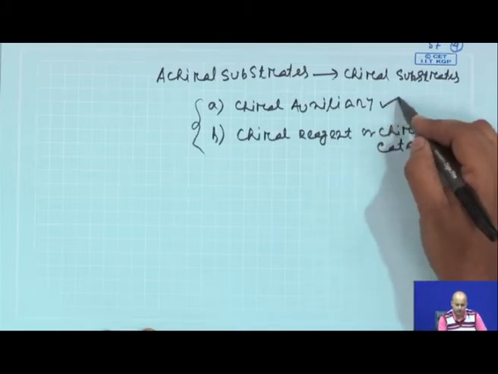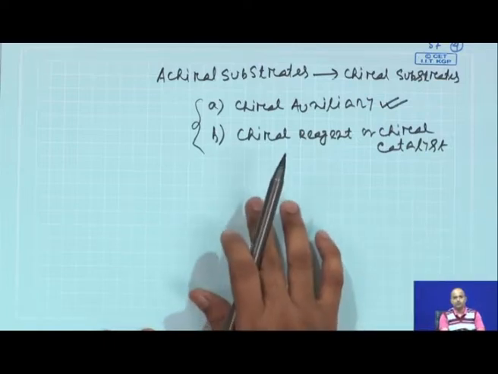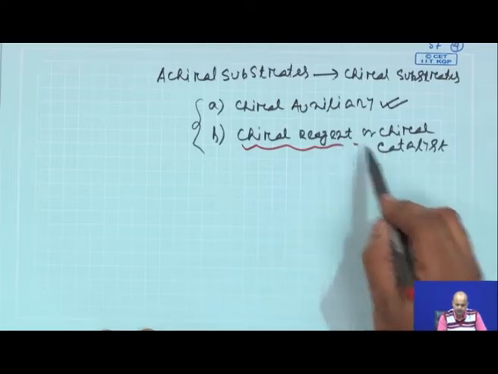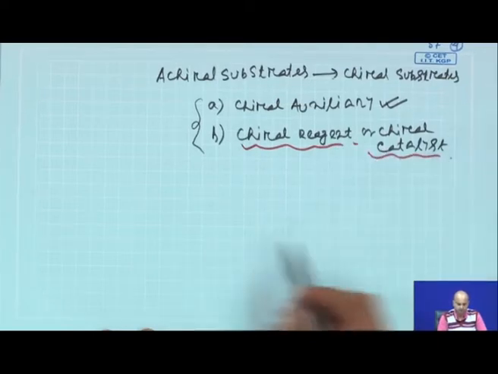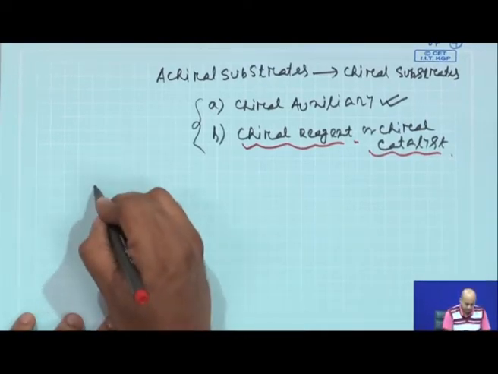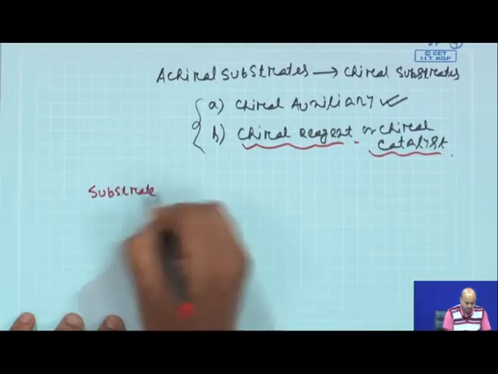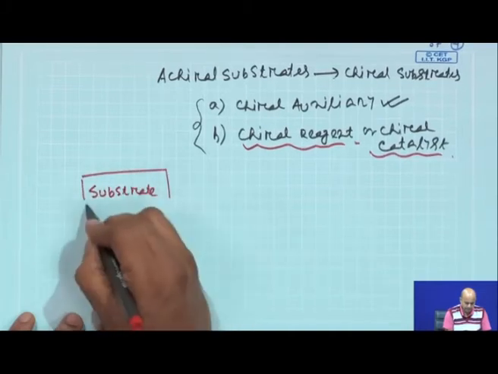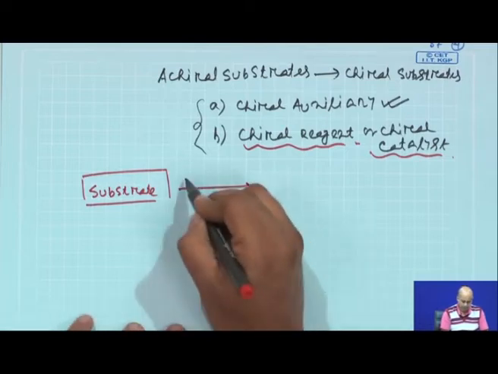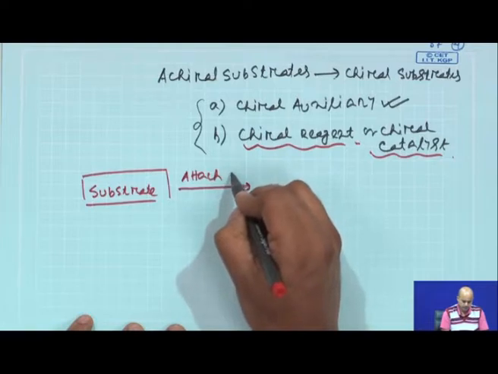Now, we will focus only on chiral auxiliaries, because we do not have enough time, and for people who want to put more emphasis on this, one can attend an advanced course on asymmetric synthesis. So, for chiral auxiliary I will try to give you a schematic view. If you have a substrate which I am saying is achiral, first you attach an auxiliary to this substrate.